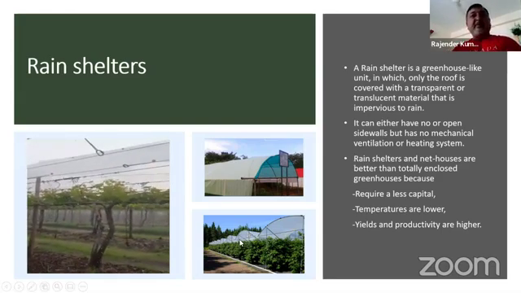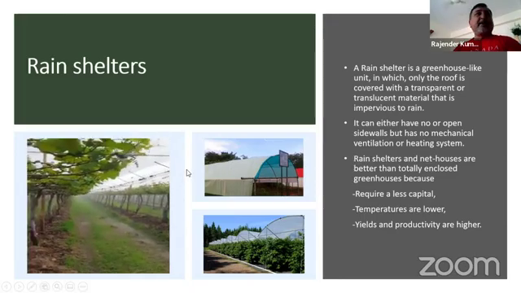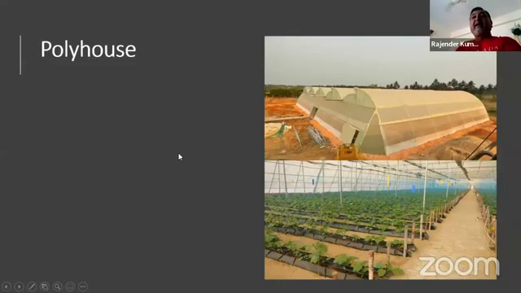So comparatively, they are still low cost, and they can either increase your temperature or lower down the temperature. And you can use the locally available material also if you are putting up small size tunnels. So this is just a plastic over the top. So polyhouse is the most prevalent technology here in India for the last 20 years, because